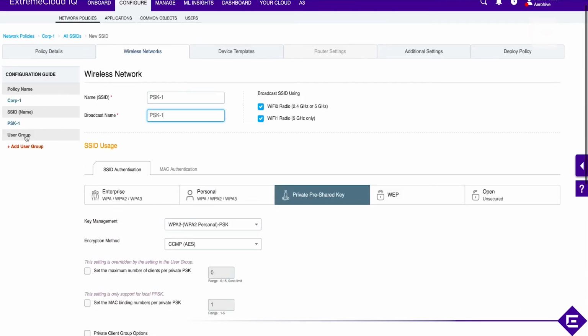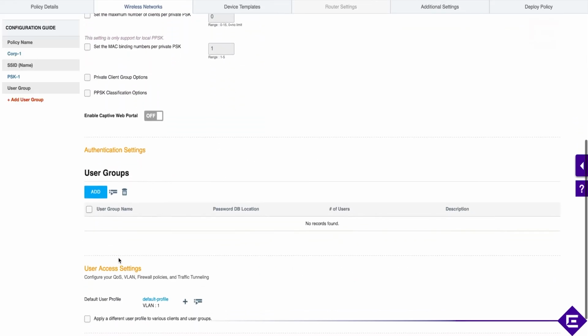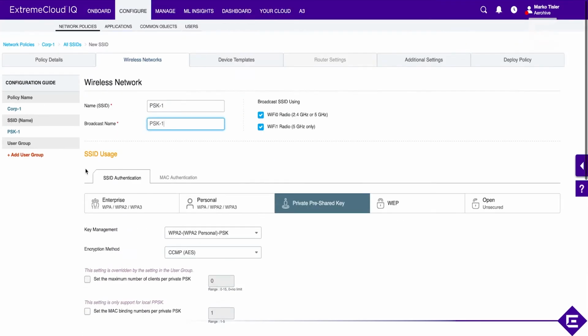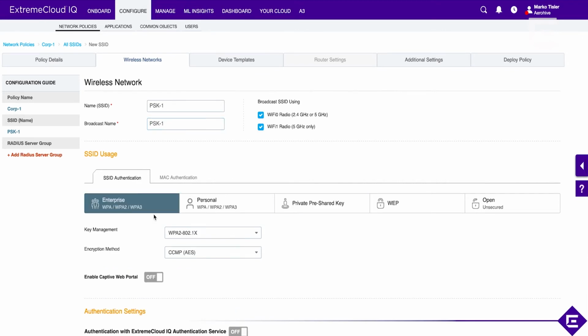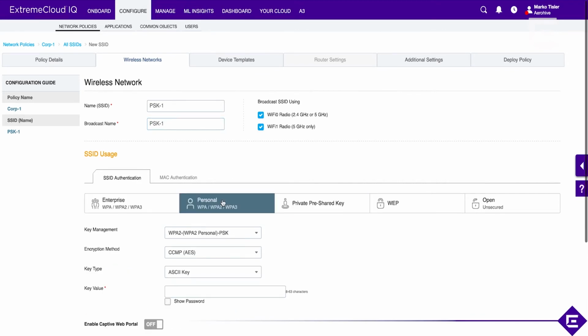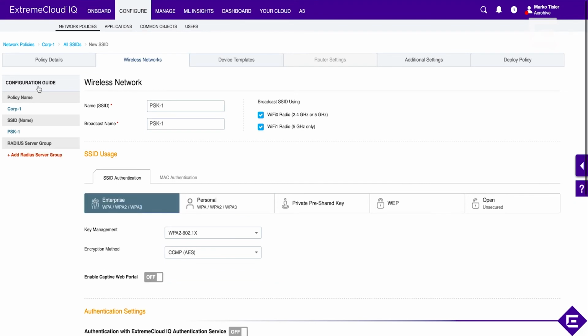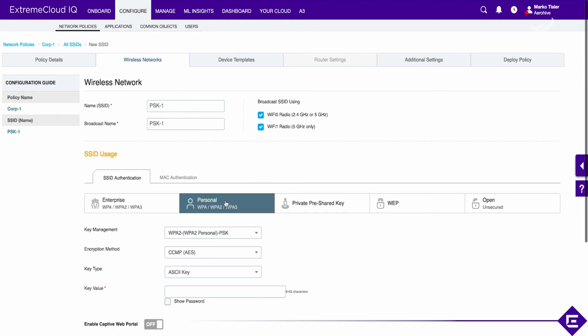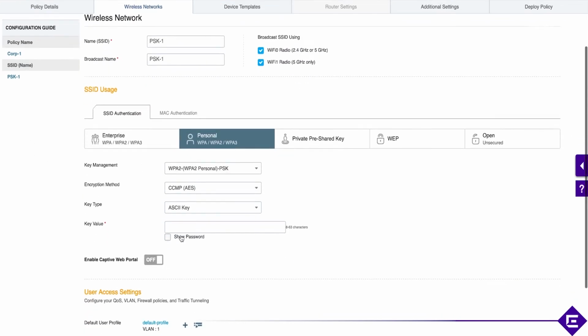So in here, you will see what's still missing from you finishing the network policy configuration or an object configuration, in this case an SSID. So let's select WPA2, WPA3 Enterprise and see how the settings over here change. If we select Enterprise, we need to add a RADIUS server, and let's go to Personal, which is the PSK, and all we need